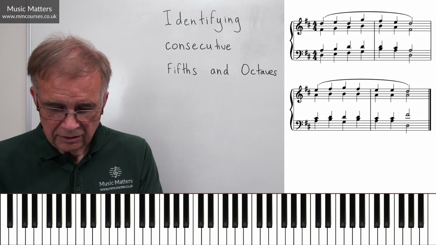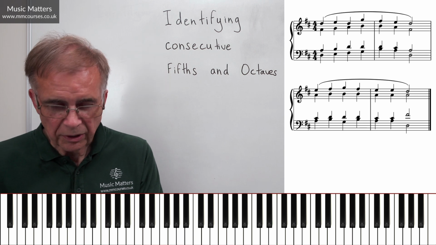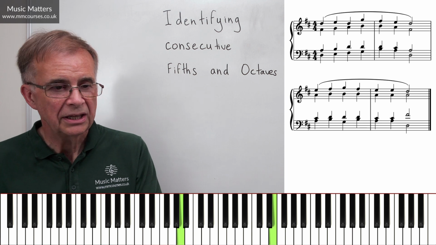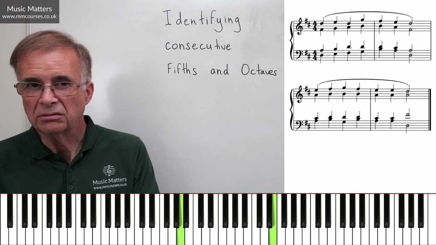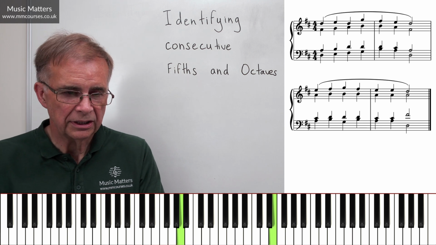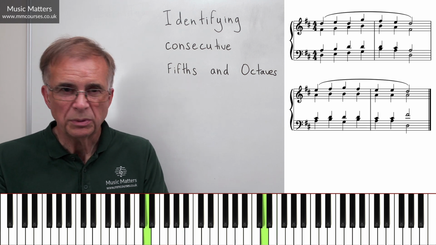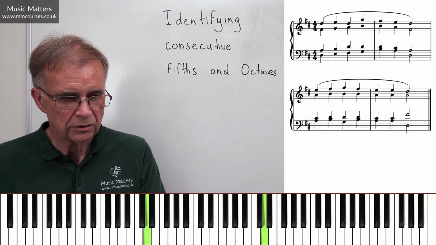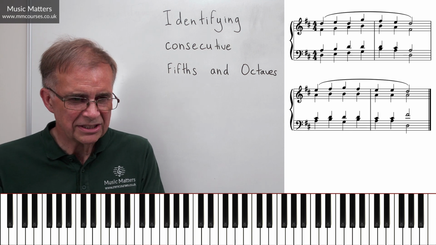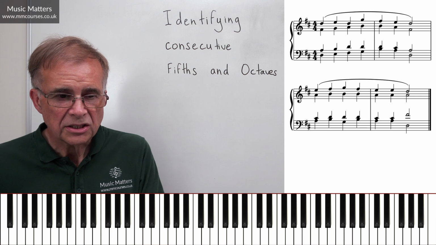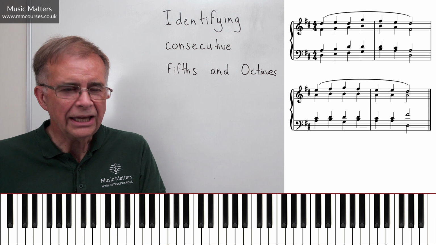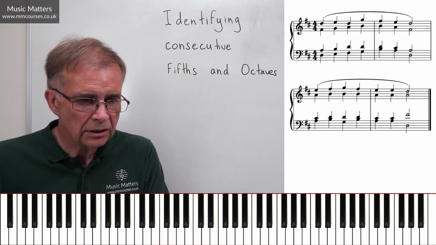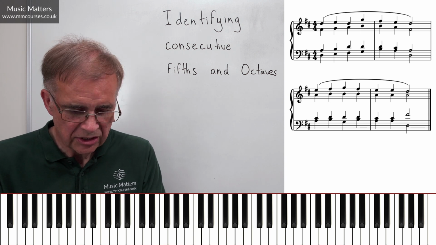And then we've got two fifths in the last bar, haven't we? But remember, it's the same as that situation we had with the alto. They're the same notes, so they're not counted as consecutive or parallel. Then an octave to finish, but it's not next to another octave, so that's okay. So various things to fix there between the soprano and the bass part. Okay, let's go back and now we'll look at the alto and the tenor part.